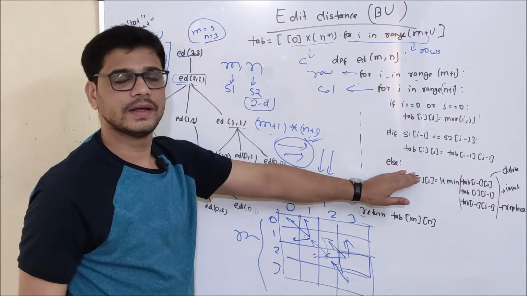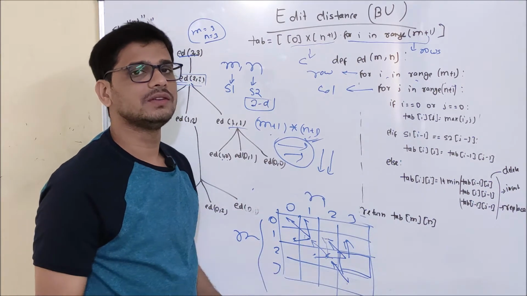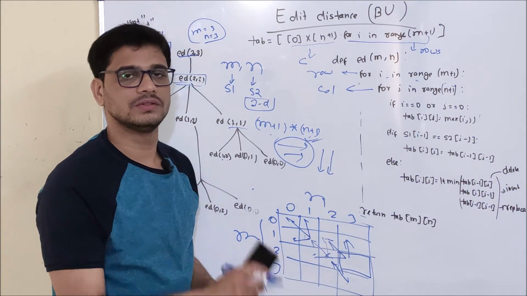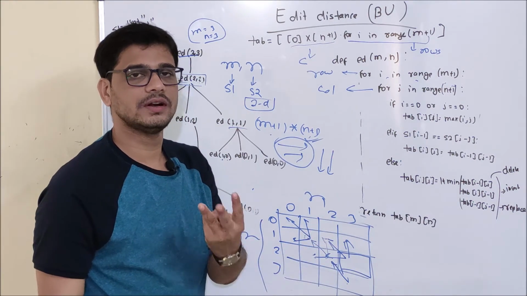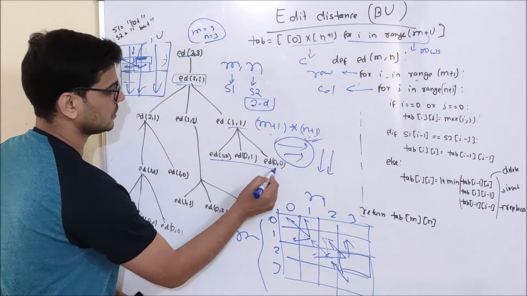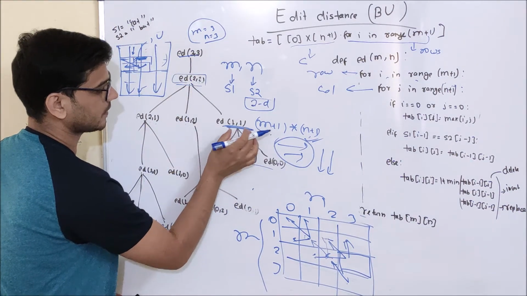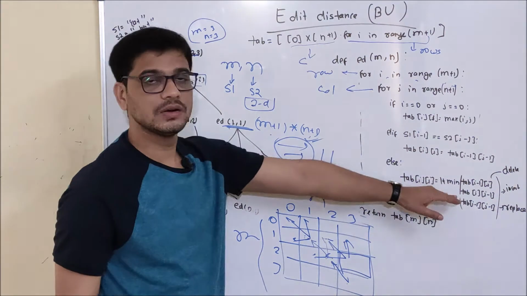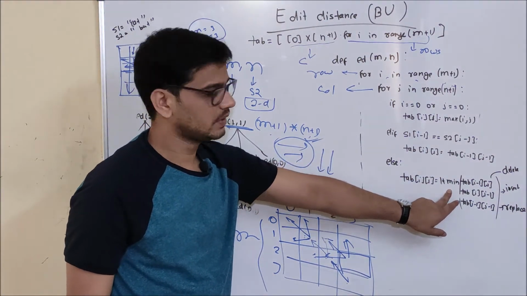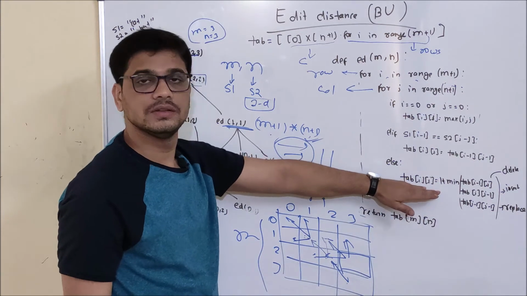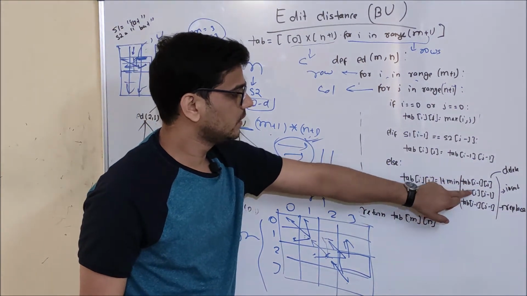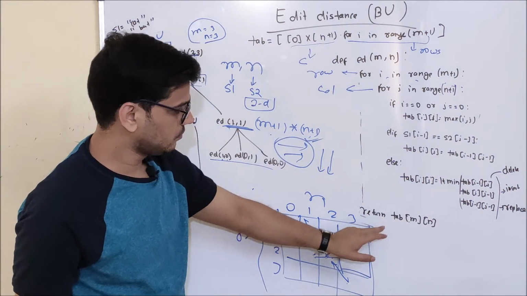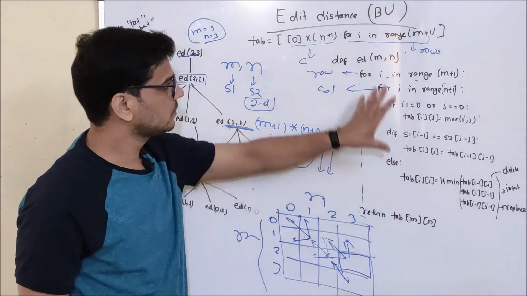Now comes the last case. And what is the last case? The characters which I am matching are not matching. Okay. So in this particular case, I have three options. One is to insert, second is to delete, and third is to replace. As you can see here, for ed of 1, 1 the characters did not match, so it gave a function call to this, and this. And ultimately what I am going to do, I will choose a minimum and I will add 1 to it, and I will update in this particular cell. That is delete, insert and replace. And once this table is filled, I am going to return tab[m][n]. So this is my bottom up code.